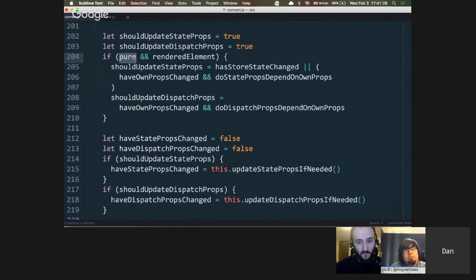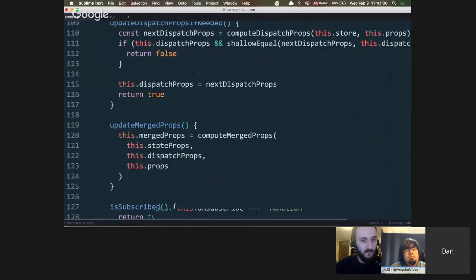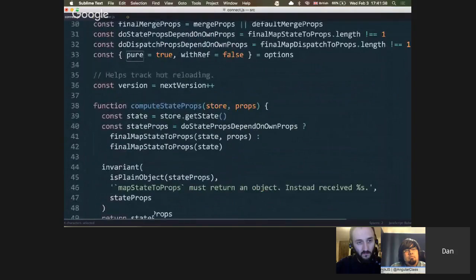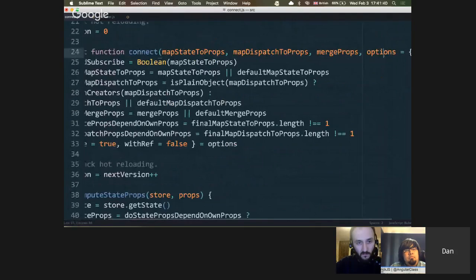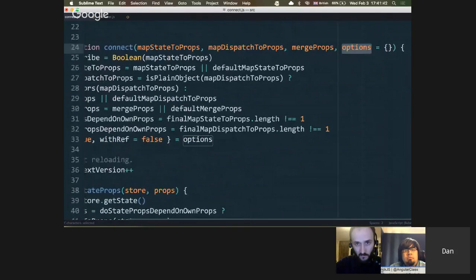So we start with the assumption that everything has changed. But then we're going to try to avoid reconciliation. So pure is just a flag, most people don't know it exists, and I'm not going to advertise it much, but it is passed in the options as the last argument, which is very ugly to pass if you use this API, and it's intentional because you only want to use it if you have mutable data, or if you use a library like React Router that has some problems with